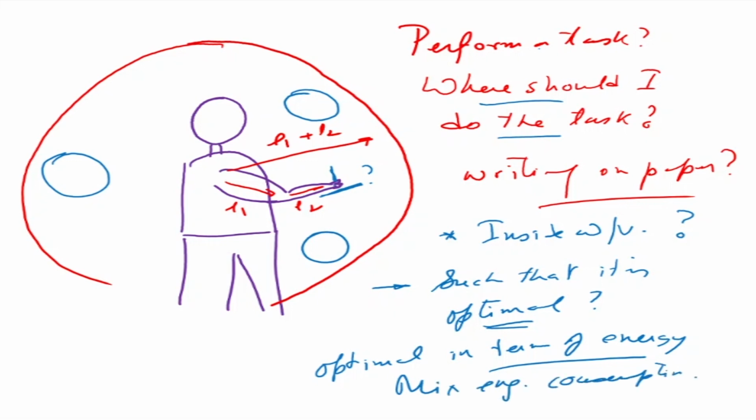And this makes sense, that we should do a task in a particular way such that the energy requirement for that task is minimum, because why should we expend more energy? Now, suppose the energy consumption goes towards infinity, then what happens? Suppose there are points where you cannot go. What does it mean in terms of energy? These are questions that we try to answer when we're talking about the Jacobian.